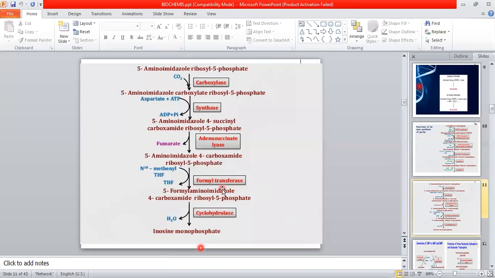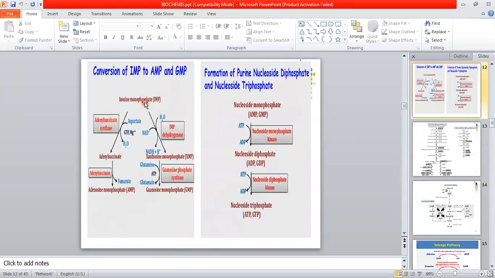And after the formation of IMP, what will happen? This IMP will be converted into adenosine and guanosine. Okay, as you know very well, this is the biosynthesis of purine. Purine is adenine and guanine only. So this inosine will be converted into adenosine monophosphate and guanosine monophosphate. Okay, so the next thing is the formation of